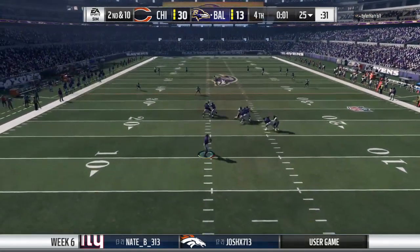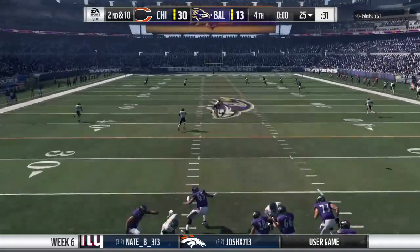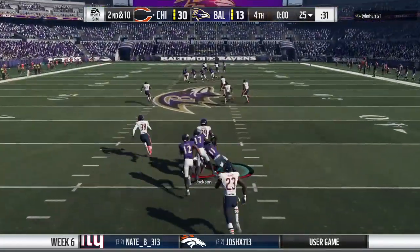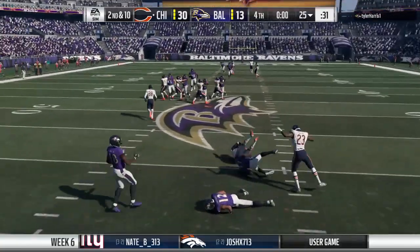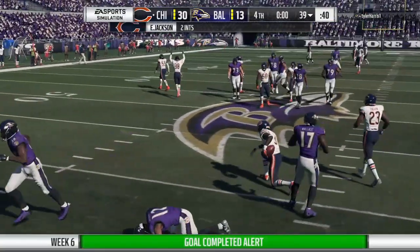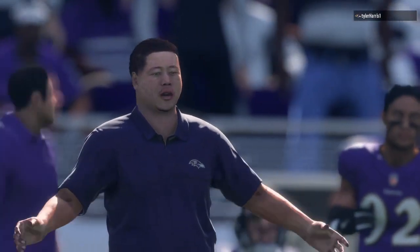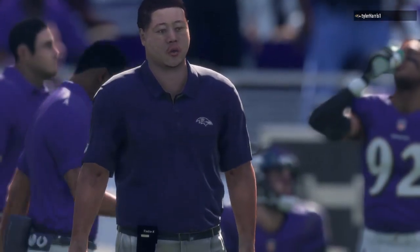Flacco. He's going to let it fly, and he's going to be intercepted a 3rd time. It's the rookie from Alabama, Eddie Jackson, with a pick, and the return stops at the 39-yard line. A road win in the